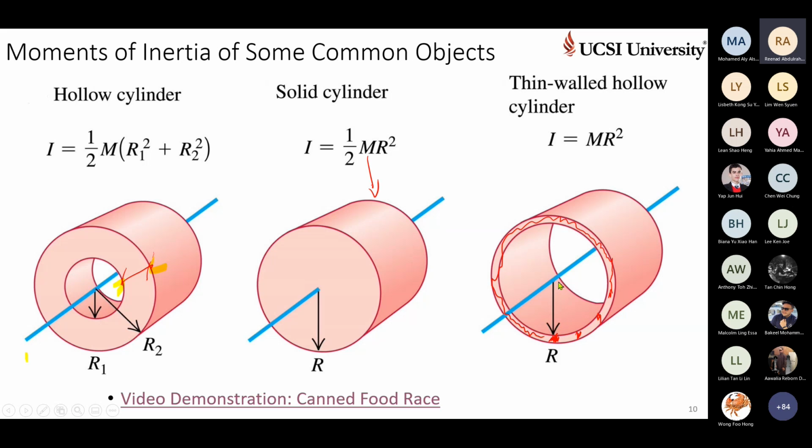When the material goes farther from the center of rotation, it may be translational motion or rotation, automatically the inertia will reduce. It is free to rotate. The material is no longer resisting the rotational motion. This one is a little bit slow, this is slower, this is faster and this is fastest. Okay, cannot resist.